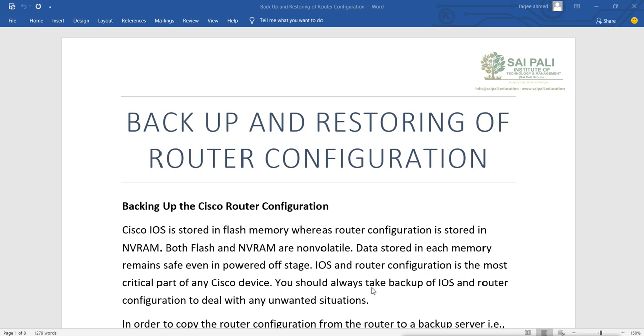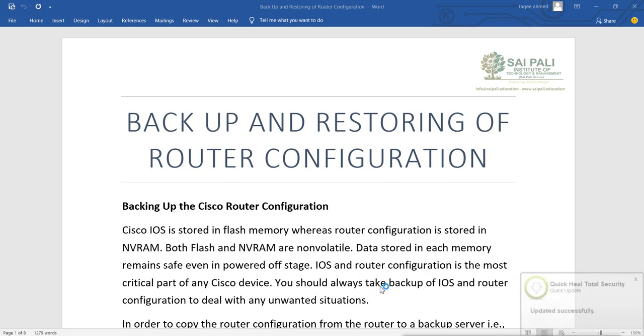Whenever we do configurations, we do lots of configurations. We do routing, we do access lists, we do NATing, we do lots of things. We configure lots of things in a router and even a switch also. Now we have to make sure that these configurations will always remain. Mostly the routers never shut down. Mostly when we configure and install the router, we don't shut it down, because the whole network is depending on that router. The whole network is going through that router.